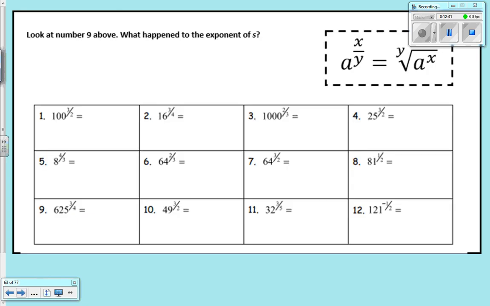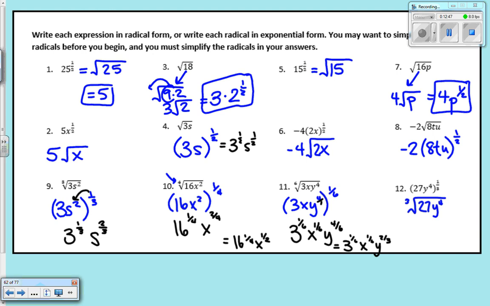Next part, if you flip to the back of your page, it says look at number 9 above, and really that's on the page before. What happened to s? So I'm going back to number 9 here. On number 9, s had an exponent of 2 inside, right? But then we put the 3rd root on it right here, and it became 2/3, right? Well, how would I separate that to go back to the radical? I'd have to notice that the bottom was the root over here, and the 2 on the top was the